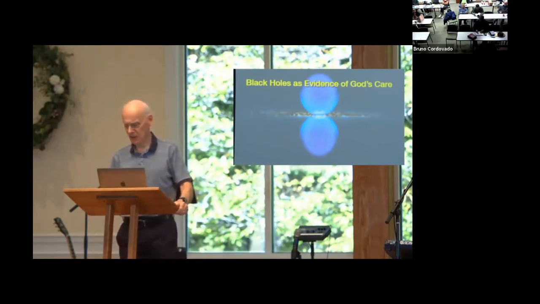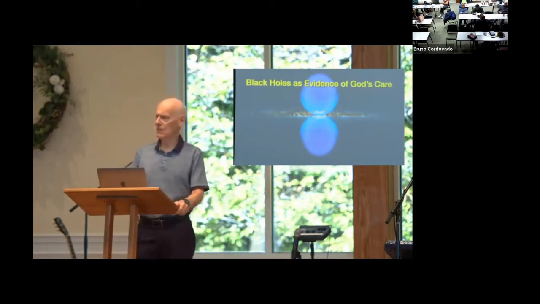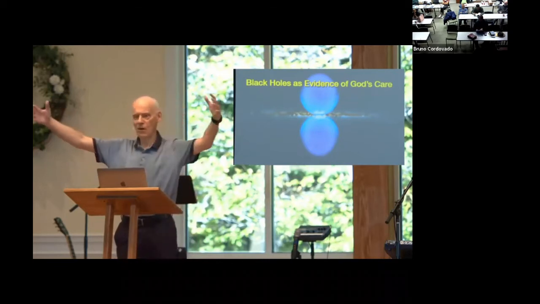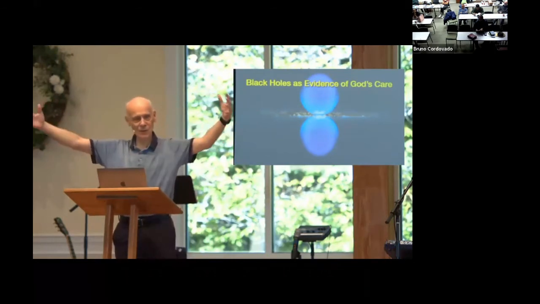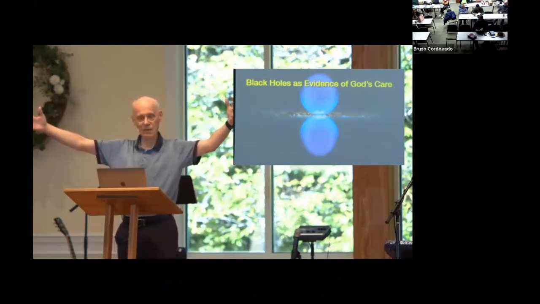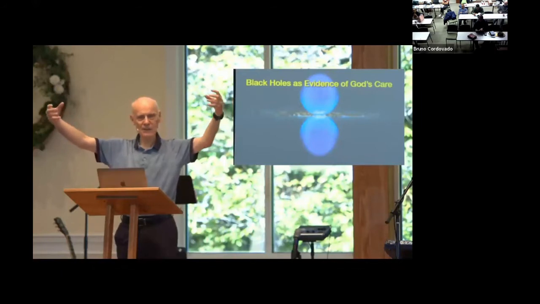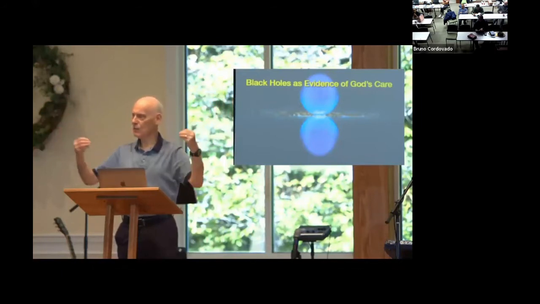But let me finish this off with what I think is one of the most profound evidences we see for fine-tuning to make our redemption possible. And that has to do with our unique moon. I mean, we see moons all over the solar system. We're actually detecting moons outside of our solar system, but we're noticing these moons are always tiny relative to the mass of the planet. Our moon is more than 50 times bigger than any other known moon relative to the mass of its host planet.